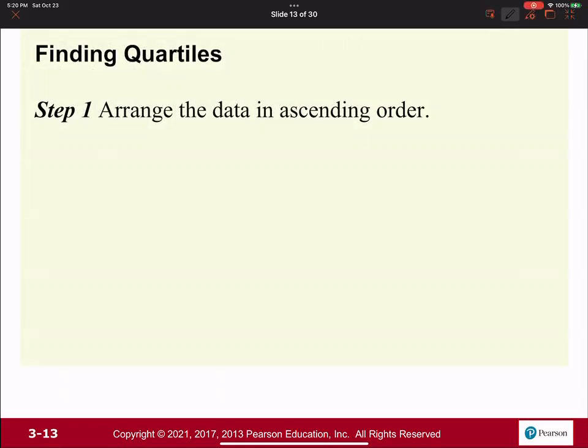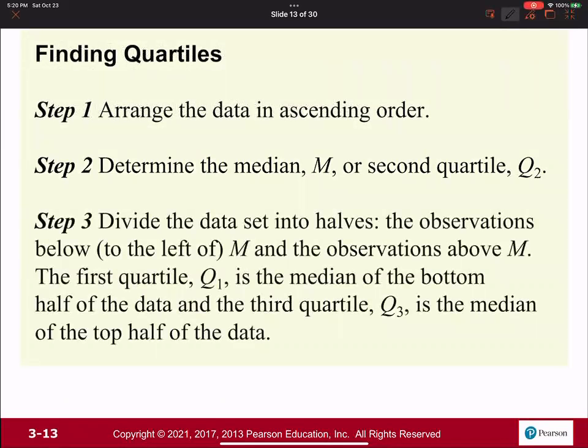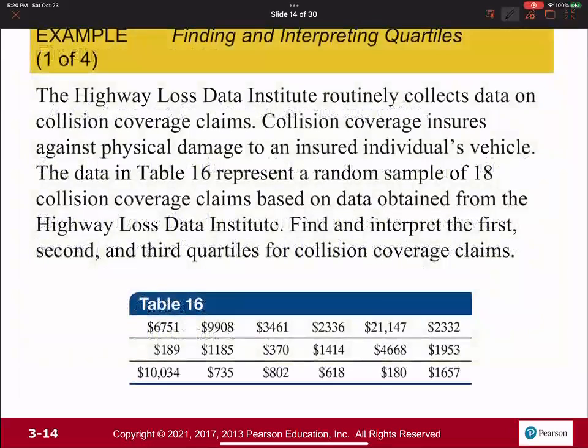All right, and now finding the quartiles. So we're going to arrange the data set in ascending order. We're going to determine the median, M, or second quartile, Q2. And once we do that, we divide the data set into 2 halves: the observations below, to the left of M, and the observations above, or to the right of M. The first quartile, Q1, is the median of the bottom half, and Q3 is going to be the median of the top half. Again, kind of confusing, but once we actually look at the data set,